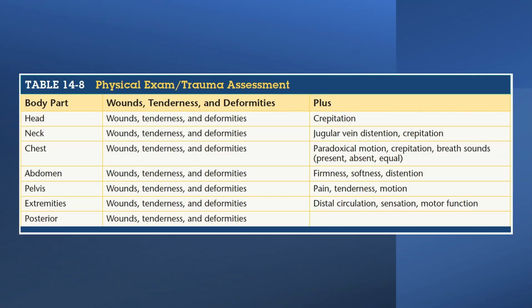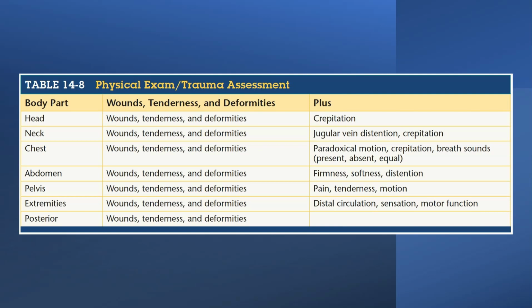When we do a physical exam, right, and we look at all parts of the body compared to specific parts of the body, in all cases, we're looking for general soft tissue wounds, musculoskeletal injuries, tenderness, deformities, all those types of things. But then we can also get a little bit more specific. And in the head, right, we see crepitation, but look even beyond that. We're looking also for signs of CSF in trauma patients. Identifying or looking at the pupils will tell us a lot about neurologic function, and that's for both medical and